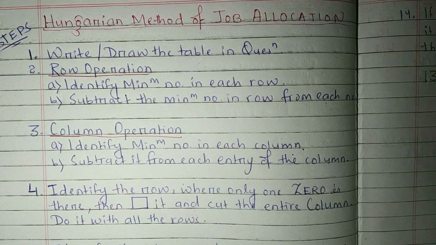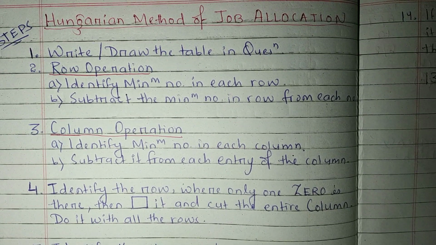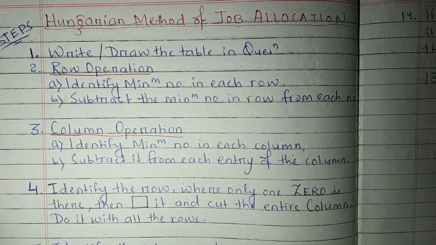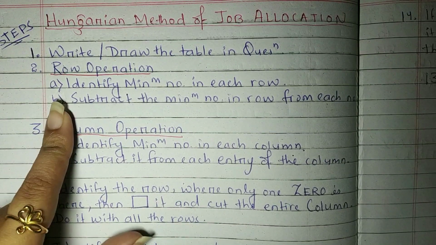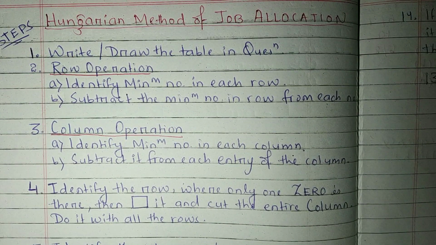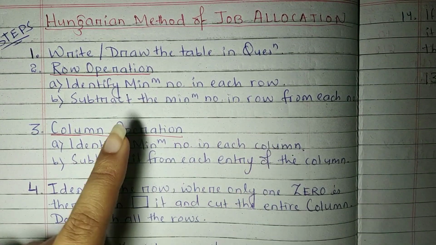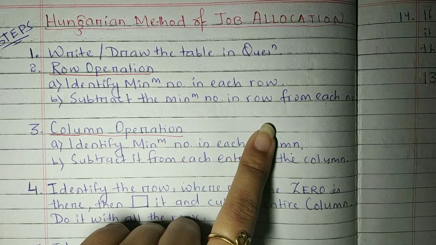So what are the steps involved in the Hungarian method of job allocation? First, you have to draw the table that has been given to you in the question. The second step is what? You have to make the row operation. What is row operation? Identify the minimum number in each row and then subtract the minimum number in the row from